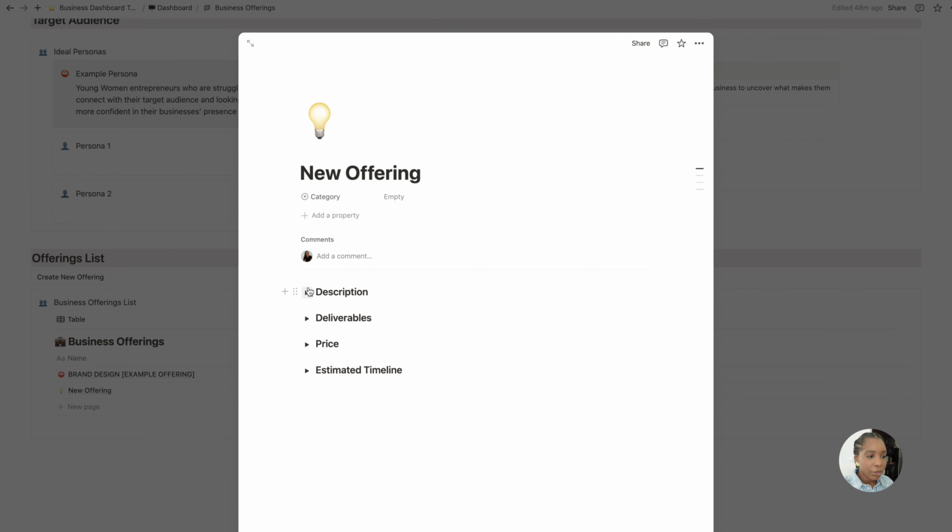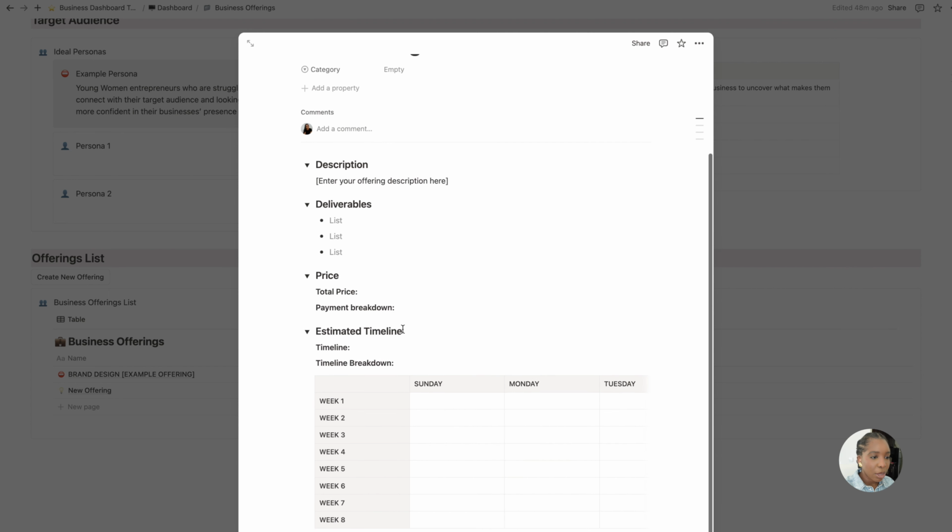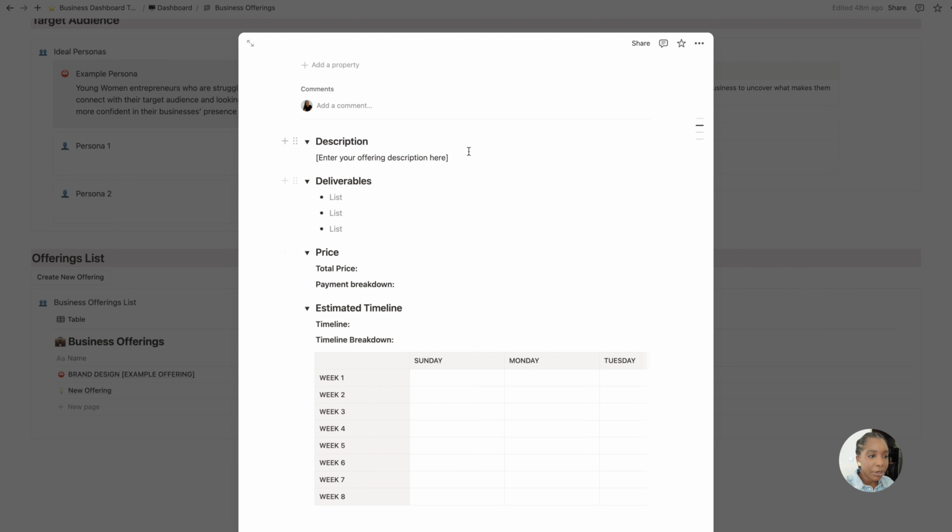So as we're planning out our new offering, I'm going to go ahead and open up these toggles here, and you can see there's a place to help you kind of ideate this out. So at the top here, you'd add in your description. If you're doing a package, you can list out all the different deliverables that will be within that package. You have a place here to put in the pricing for this service,